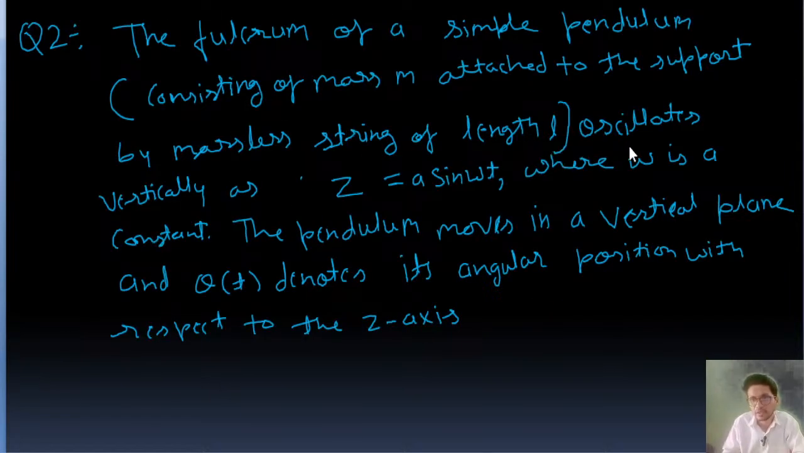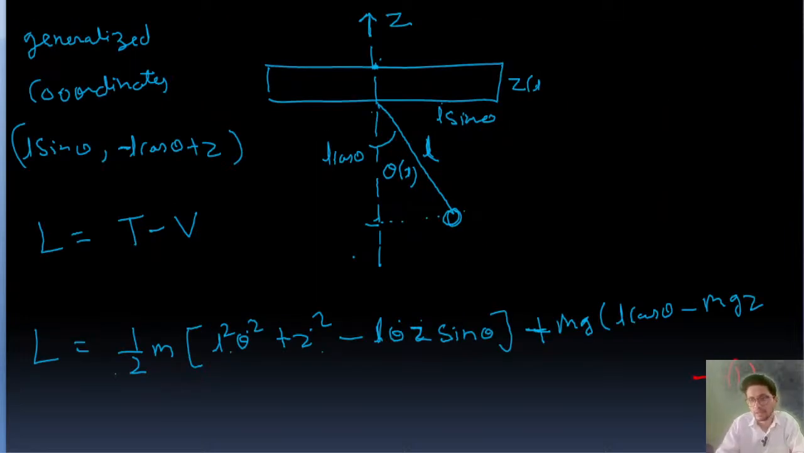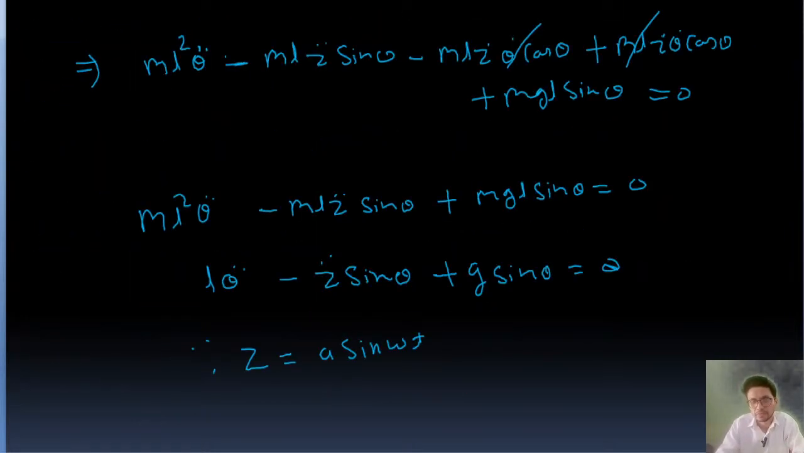A mass oscillates vertically with z equal to a sin omega t, where omega is the frequency and is constant. So z dot is going to be a omega cos omega t, and that implies z double dot is going to be